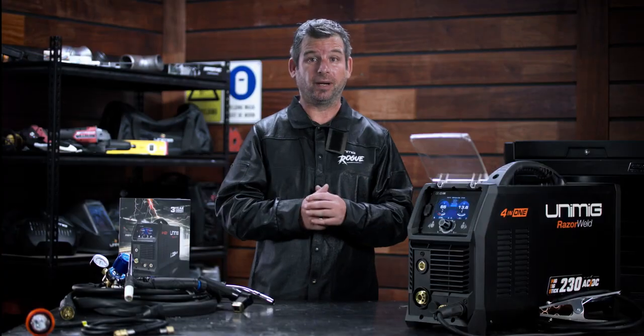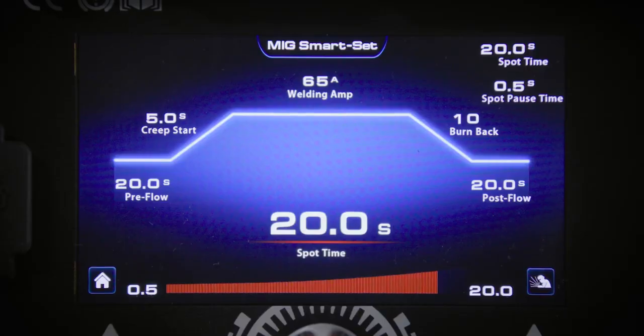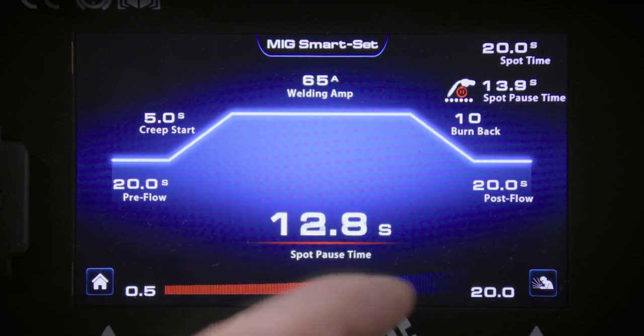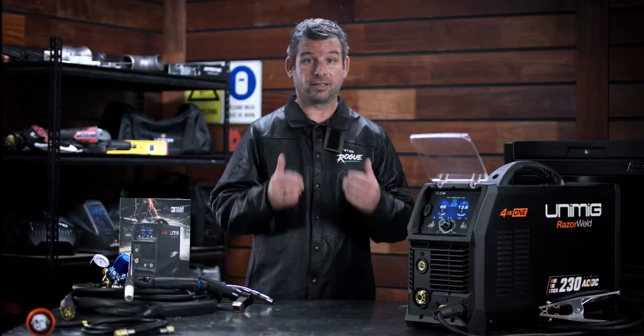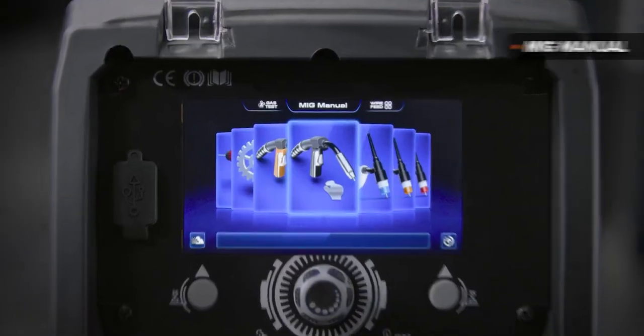The spot pause timer lets you set the length of time the spot function is paused between welds. It can be set from 0.5 seconds up to 20 seconds. The second weld mode on the home screen is MIG manual mode. While hovering over this mode, you'll also have the option to gas test and wire feed at the top of